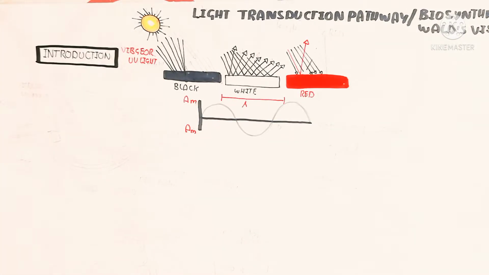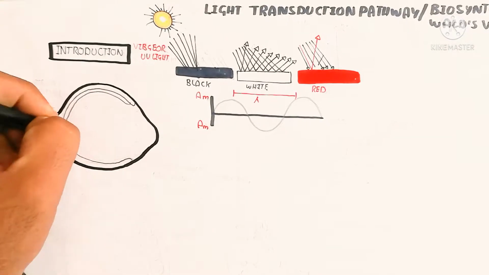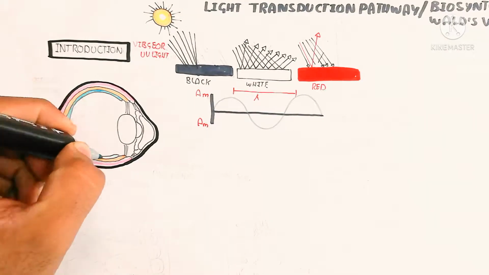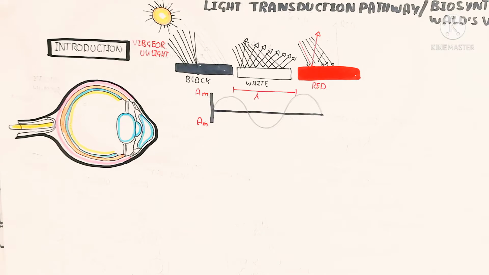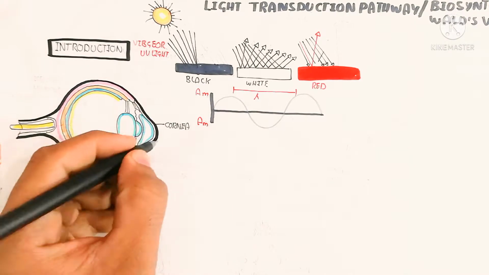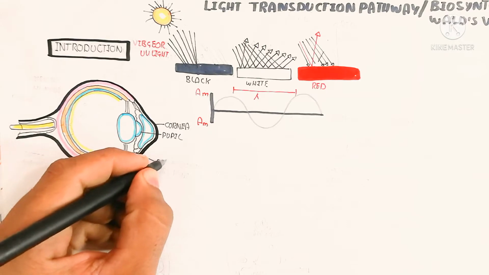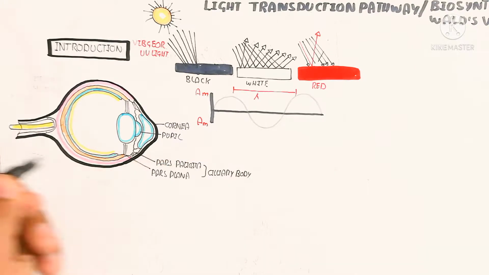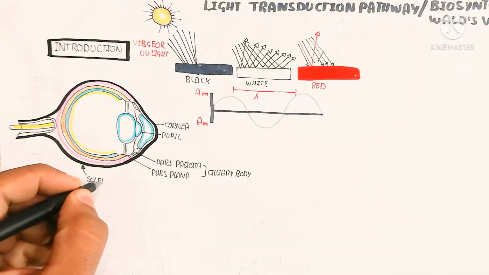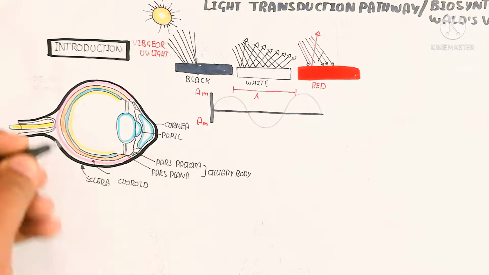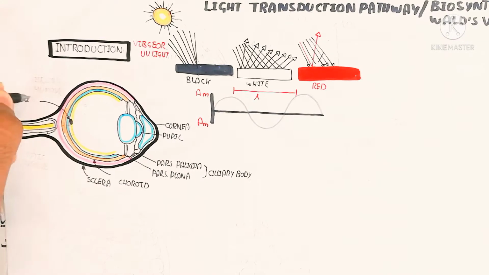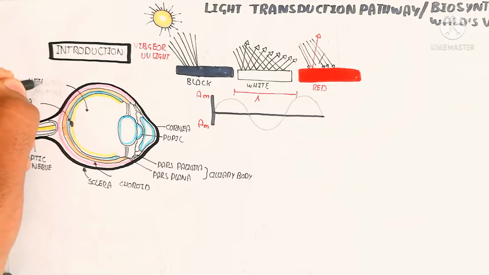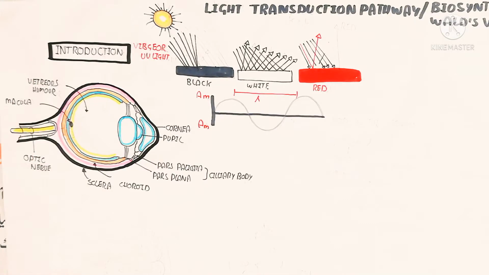Let's begin to understand the eye first of all. The eye is just like a camera, a pinhole camera like structure, because the image will form on the back side of the eye, the posterior side. So here is the cornea, which is transparent, used for light entrance. While here the pupil is used for dilation and constriction on the basis of the amount of light, for example less and high. So here the sclera is the outer layer of the eye, the middle is the choroid, and the innermost is the retina, which contains rod and cone cells,